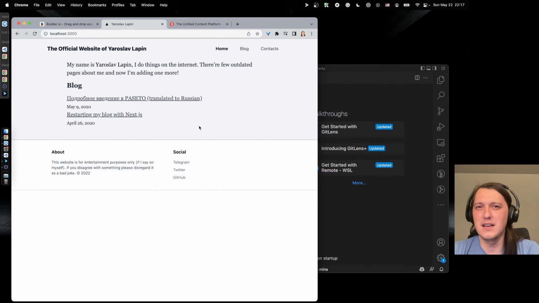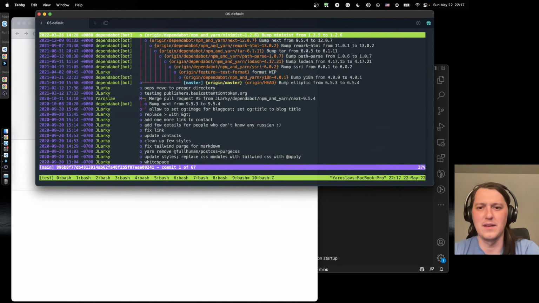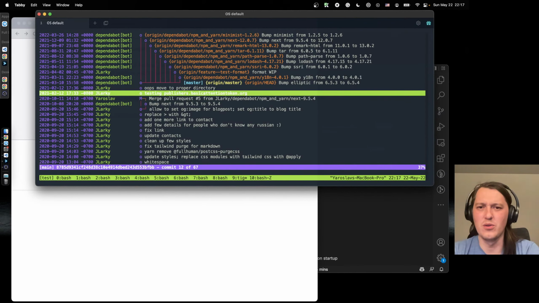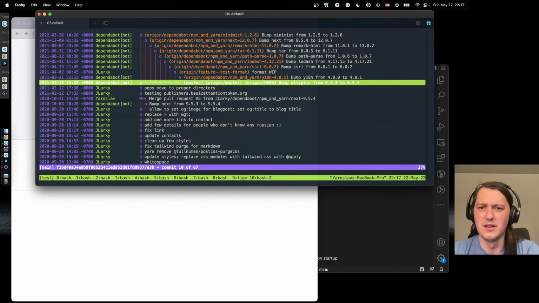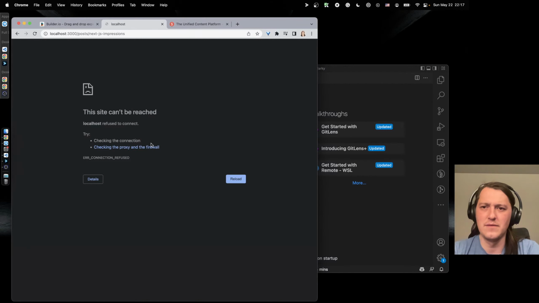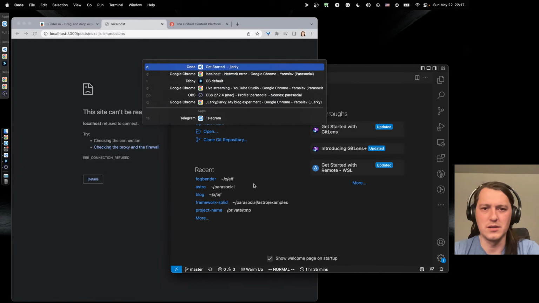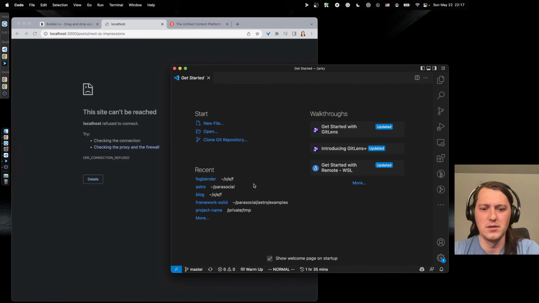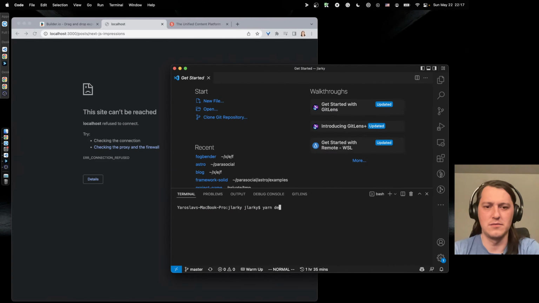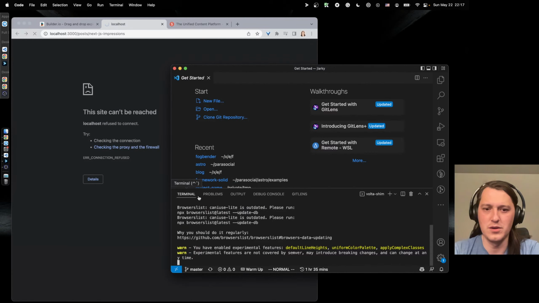I think I had to invent some kind of way to do hot module reloading and stuff for markdown. Okay, I guess let's just start it, and it didn't start before.